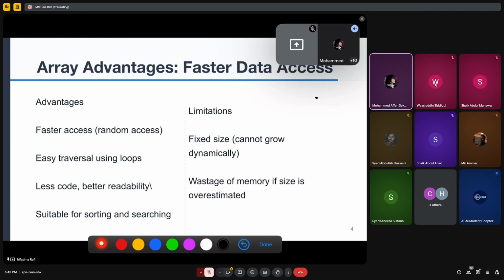The limitation is fixed size. Basically we give a fixed size, somewhat like 5, so we can store at indices 0, 1, 2, 3, 4. We basically store n minus 1. Array starts from 0, and it goes like this, then this, then this. So an array of size n has indices up to n minus 1. And the next limitation is